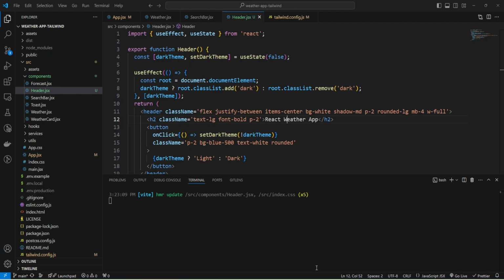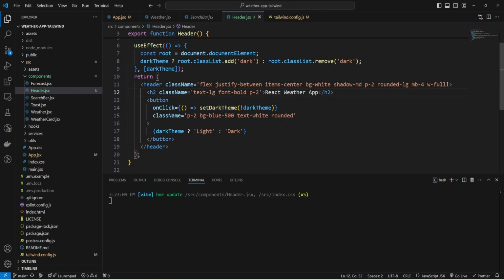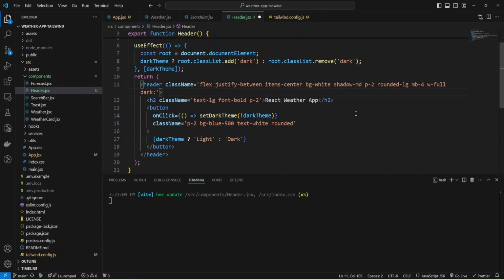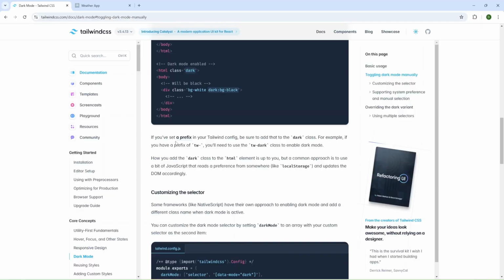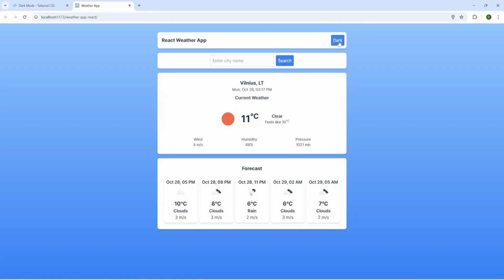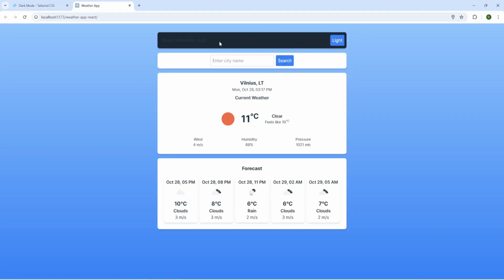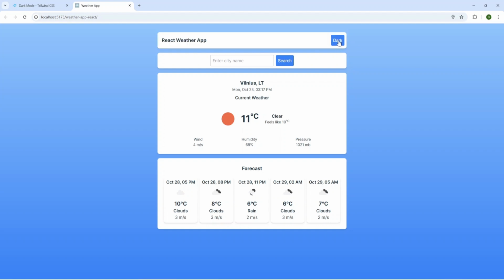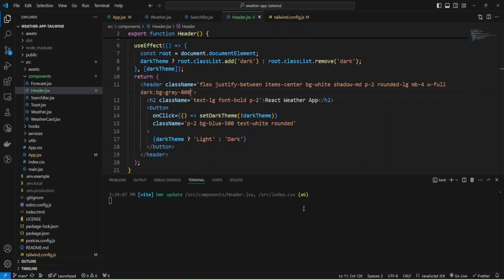Okay, and let's try to add some style to our header, and I'm going to add dark and provide background gray and make it 800. Okay, and let's check. I'm going to press the button, and as you can see, we have a gray background, and by pressing light, we have a white background. And also let's change the text.